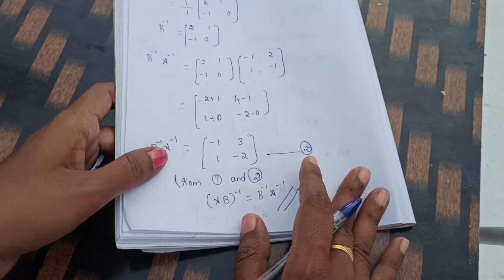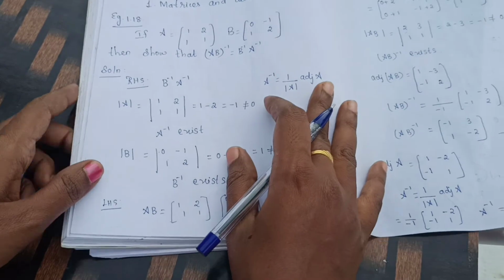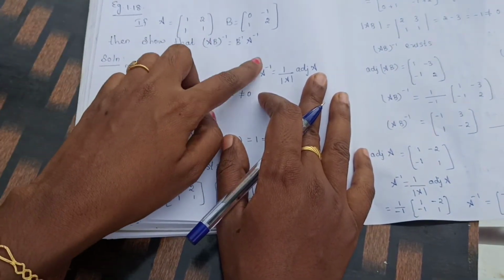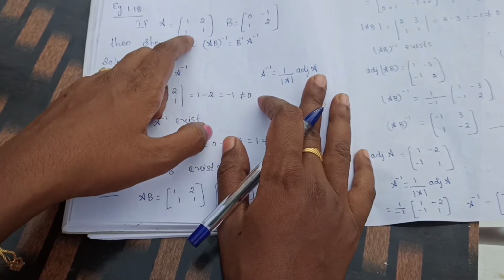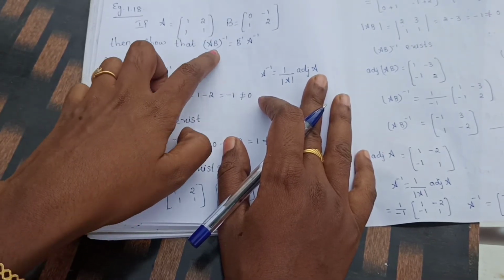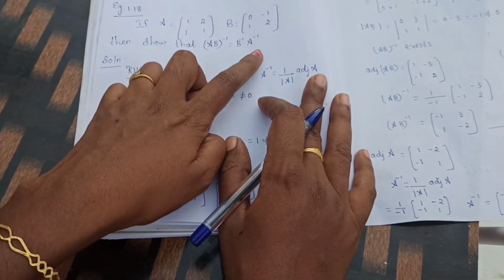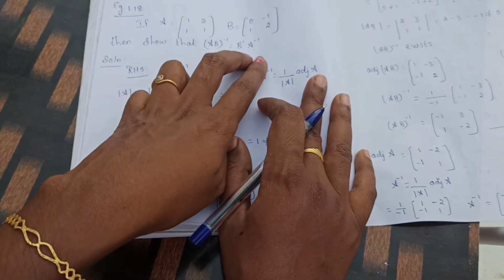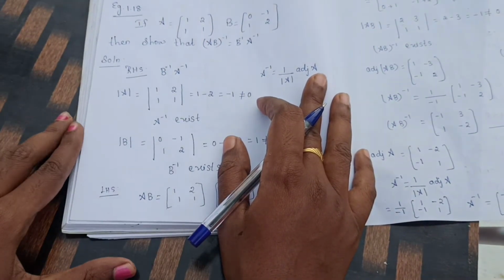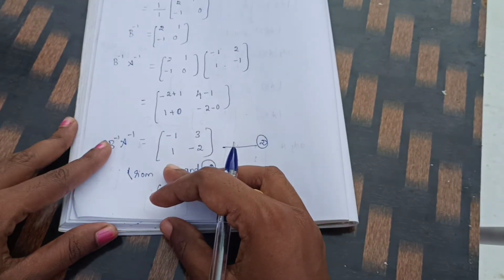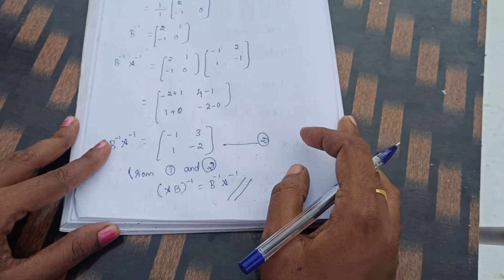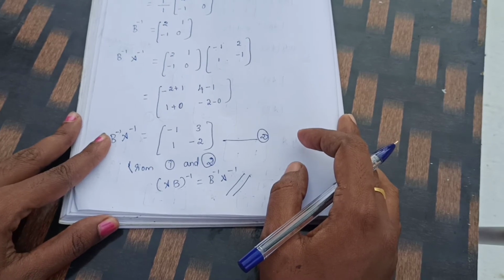Understand? Very, very simple question, but very, very important. So you take it as LHS and RHS. Find out AB separately. Then AB the whole inverse. Take it as equation number 1. Then B inverse separately you find out. A inverse separately you find out. Afterwards multiply the two answers. Take it as equation number 2. Afterwards LHS is equal to RHS. Equation 1 is equal to equation 2. Therefore AB the whole inverse is equal to B inverse into A inverse.